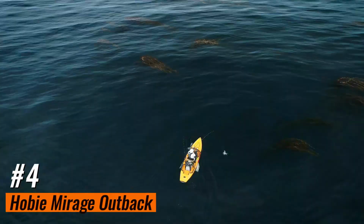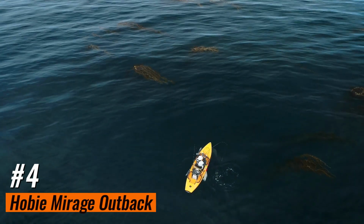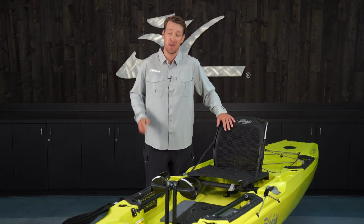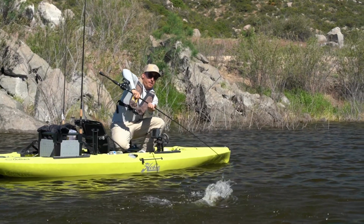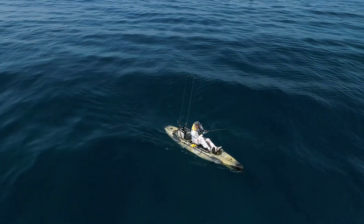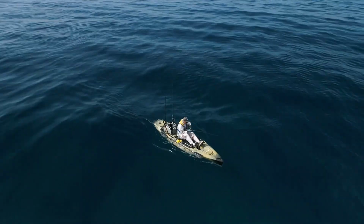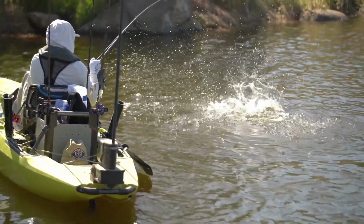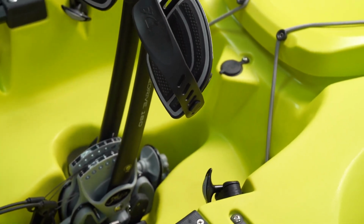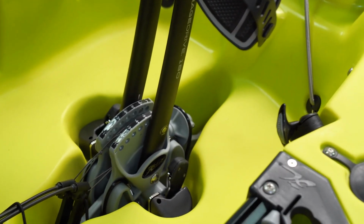Number 4. Hobie Mirage Outback. Introducing the Hobie Mirage Outback pedal fishing kayak, an engineering marvel in roto-molded polyethylene that redefines durability and performance on the water. This sit-on-top kayak is designed to offer an unparalleled fishing experience with its hands-free angling capabilities and innovative features. The Hobie Mirage Outback is powered by the cutting-edge Mirage Drive 180 Turbo system, a sophisticated pedal drive mechanism